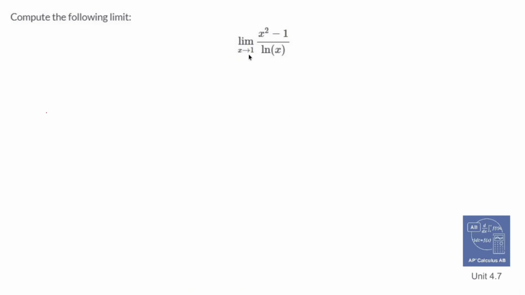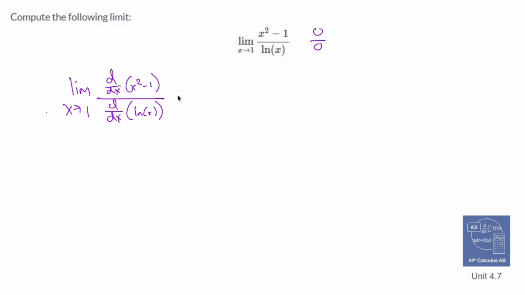Compute the following limit: the limit as x approaches 1 of x squared minus 1 over ln of x. Well, if I were to plug in 1, I'd get 0 up here, and if I were to plug in 1, I'd get 0 down here. That's indeterminate. That's against the rules. So we have a little guy called L'Hopital's rule that we can use if we can't factor anything out and make anything disappear. L'Hopital's rule says that I can take the derivative of the top, d/dx of x squared minus 1, and the derivative of the bottom, d/dx of ln of x,